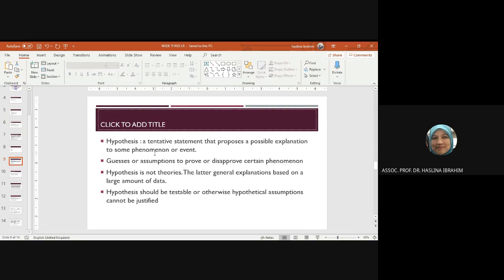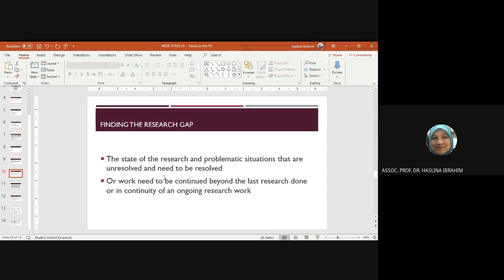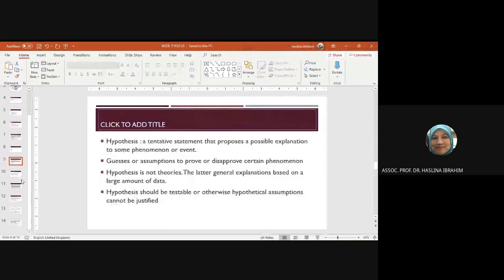Okay, and then hypothesis. Hypothesis is not theories. When you talk about theories, then you talk about thesis. I mentioned to you just now, the state of research where problems are unresolved and need to be addressed. Finding the research gap. Okay, finding the research gap. You need this,